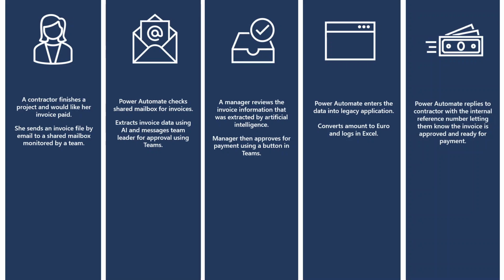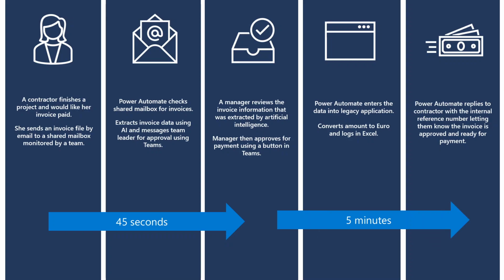And finally, Power Automate, the cloud flows then reply to the contractor with the reference number, letting them know the invoice is approved and ready. No human interaction other than the approval in the middle, and this time we've gone from 12 hours to 45 seconds, and we've gone from 24 hours down to 5 minutes, depending on the cycle of